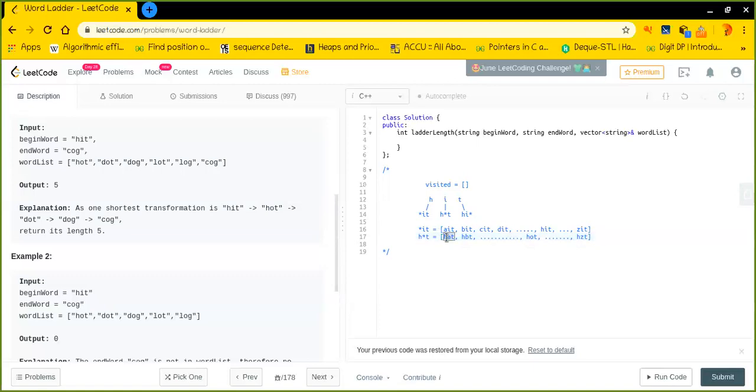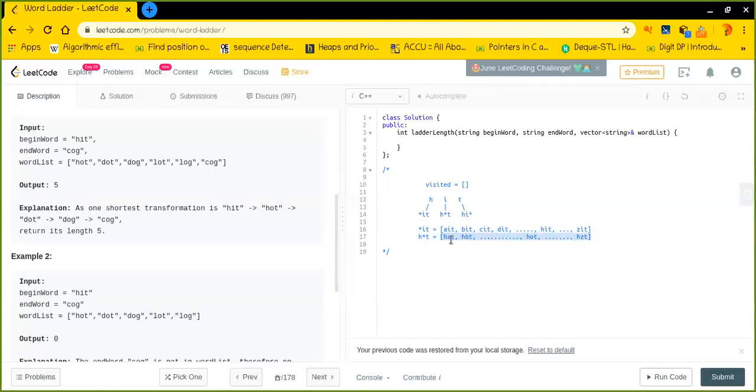In this particular array all the strings are valid. I'm not saying these are invalid, these are all valid because all these strings have length 3, which is clearly a positive sign. And these are also only one letter different from the current string. So again, this is a positive sign for us, but this is not enough to jump from my current string to any of the strings that I have formed.